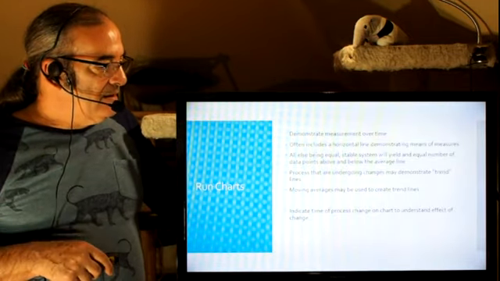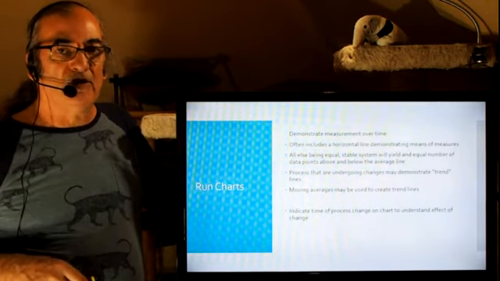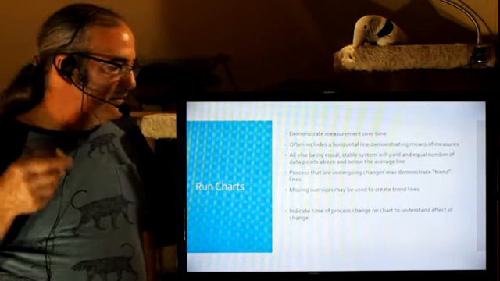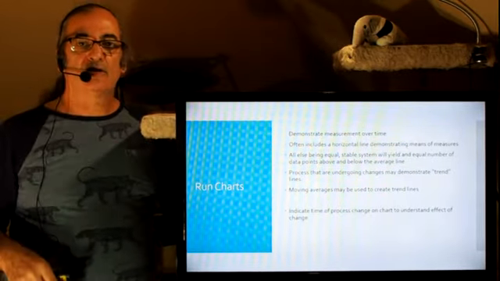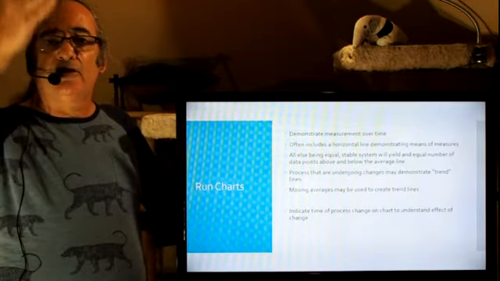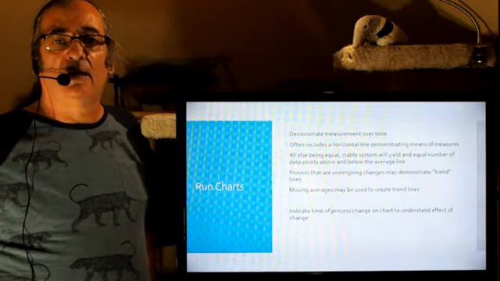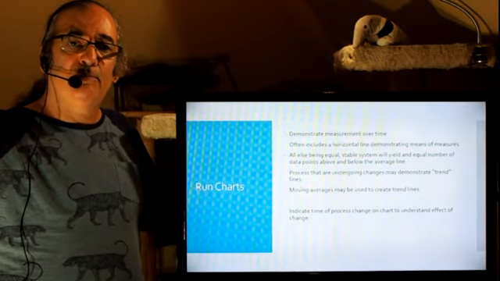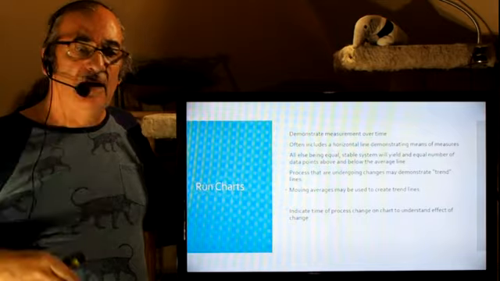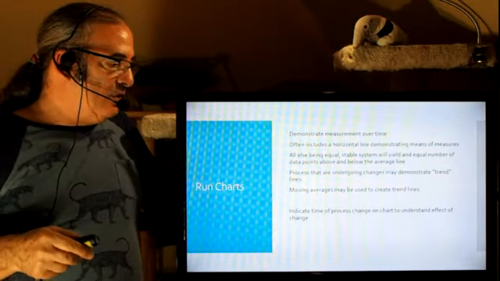Okay. Run charts, what do we know? Okay, they demonstrate the measurement over time, as we talked about. I explained in terms of COVID, we can do it on a daily basis. And then based on watching the fluctuations, we can calculate the mean, and that can be the center line. If the process is in control, we can expect about half the data points above the mean, about half the data points below the mean. And then we can go ahead and move on to